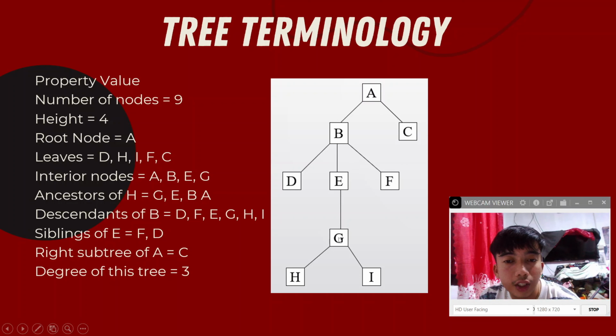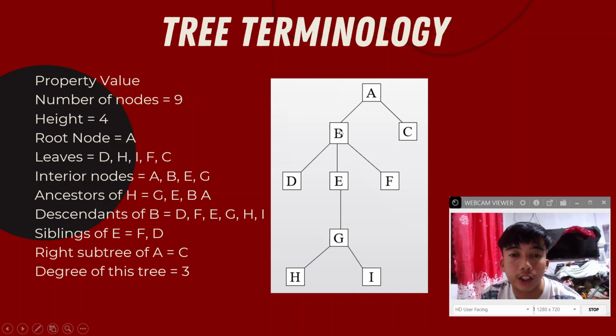And G is also considered as a descendant of B because it is a child of E, which means that B is the grandparent of G. And also the H and I are considered as descendants because they are the grandchildren of letter B. Siblings of E. The siblings of E are F and D because the three of them share the same parent, which is letter B. Right subtree of A. The right subtree of A is letter C because it is located at the right side, which is here. And the degree of this tree is 3 because